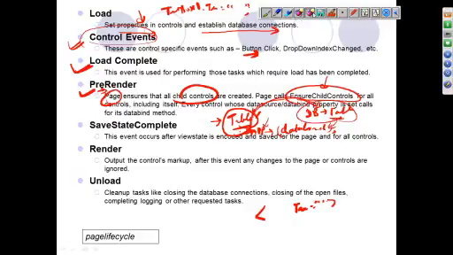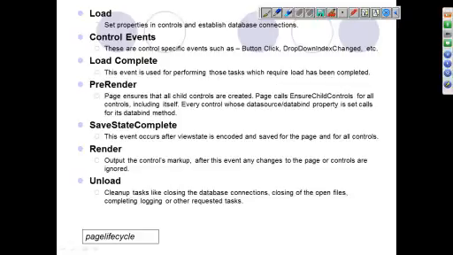If we are working with the database, you will see when we use the database. So this happens in pre-render. Every control, or every data control, basically this is done for the data controls. Every data control whose data source property is set calls its data bind method. This happens in pre-render. Then save state, which happens just before rendering. Okay, so you can understand it as part of the pre-render.